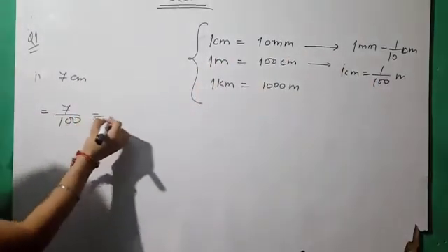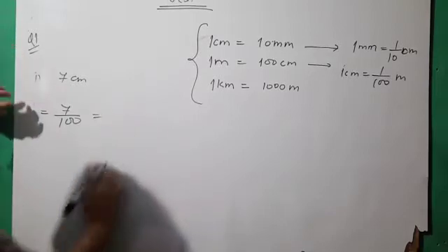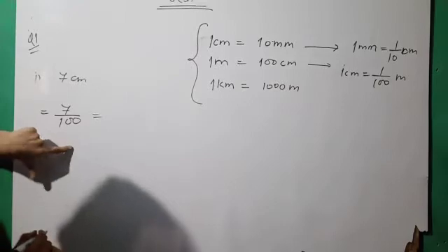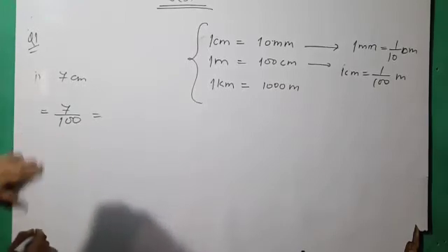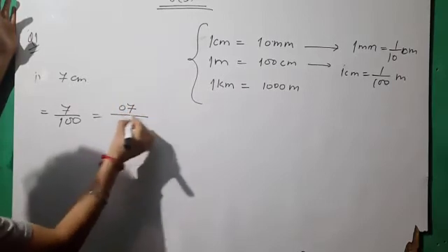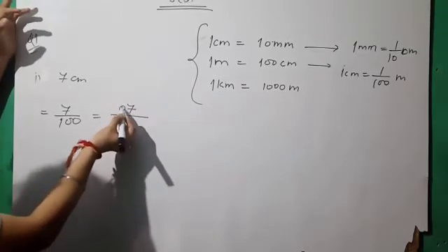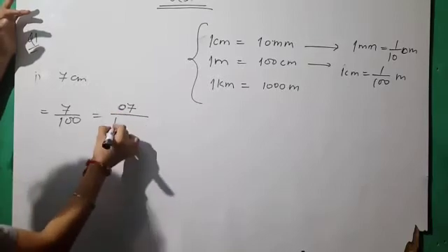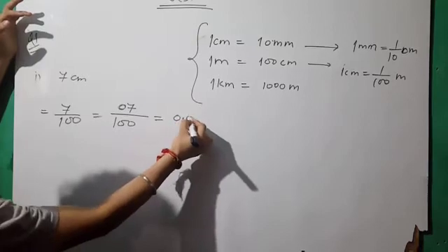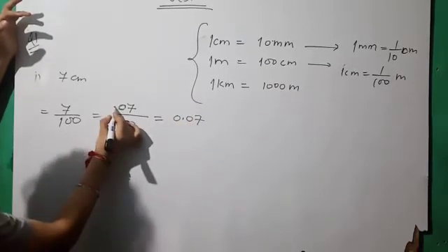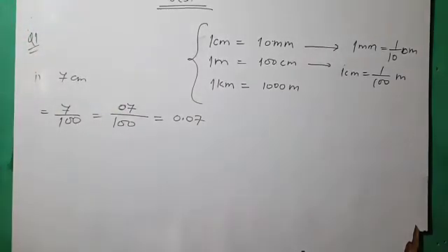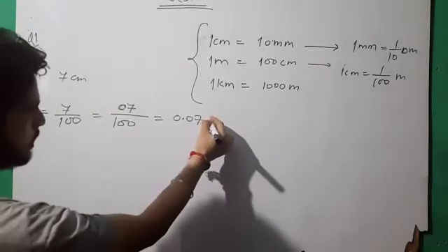So just divide it. So it becomes, and I had already told you about that. If you have to divide by 100 and we have only a one-digit number, we have to first convert it into a two-digit number with the help of 0. Now it becomes 0.7 upon 100, so it is easy to find: 0.07, because we have to place two digits here, towards the left side. So the answer is 0.07 meter.